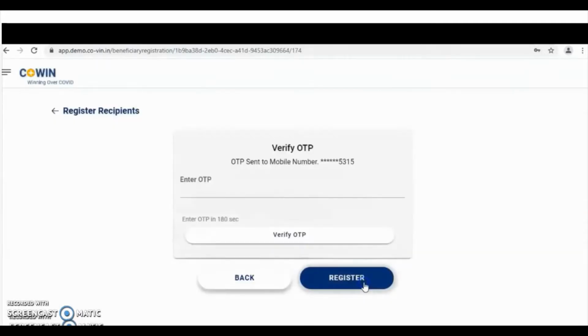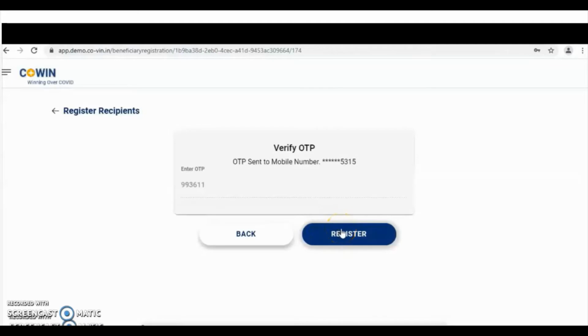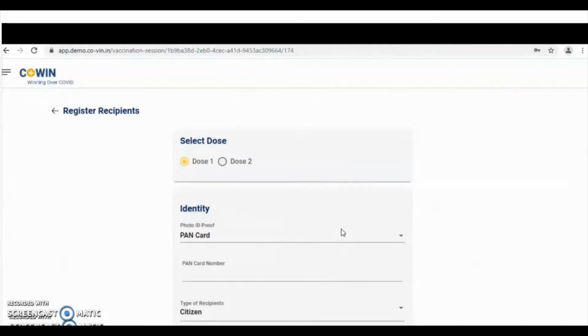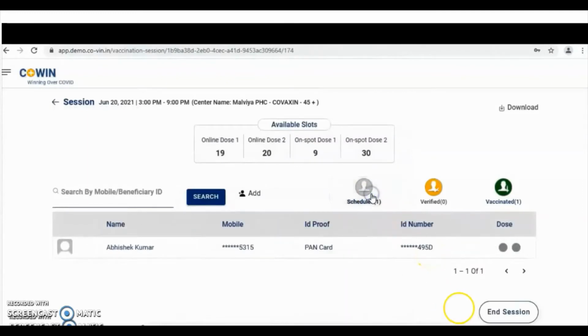Upon clicking on continue, the system will ask for a one-time password, which will be provided by the beneficiary. Upon entering the one-time password, the vaccinator has to verify the OTP and then click on register. The beneficiary can then be successfully added to the session.